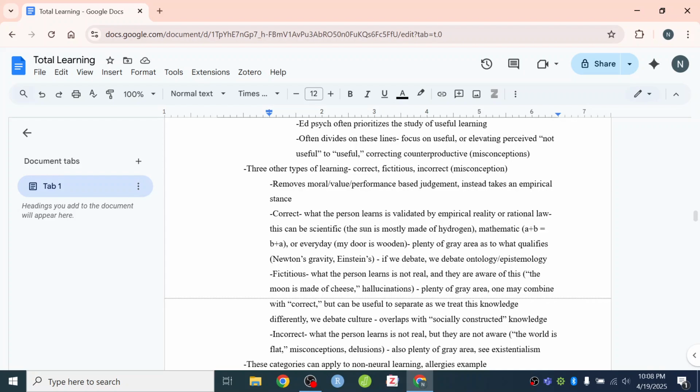The moon is made of cheese is a fact, quote unquote fact, that I can repeat, that I know, that I've learned. But I know that the moon is not actually made of cheese, and what I've really learned is a kind of cultural artifact that people at one point thought that the moon was made of cheese. That's what I've really learned. And that has its own kind of empirical reality, but it's not the empirical reality of the statement. It's a social reality, or the artifact of a social reality. I've learned about something that is fictitious.